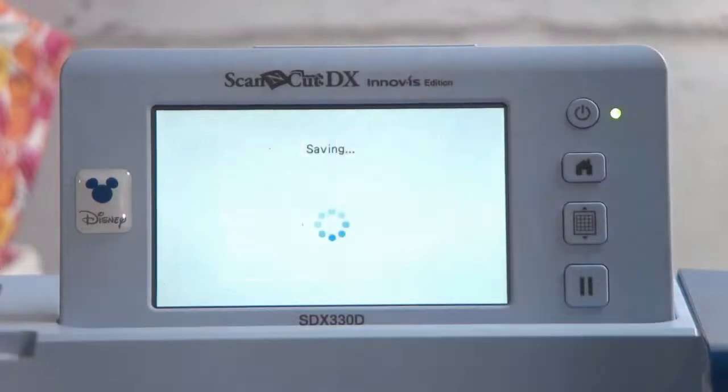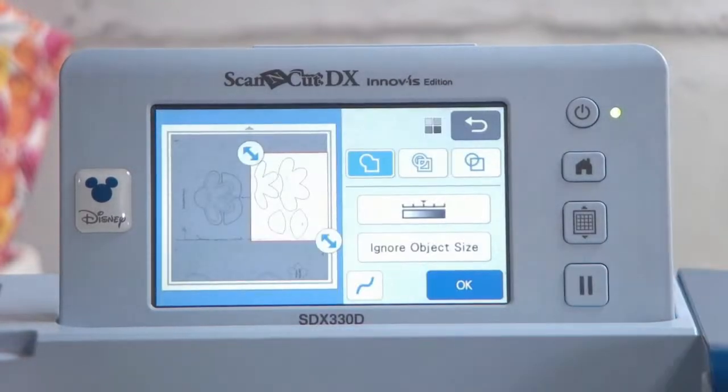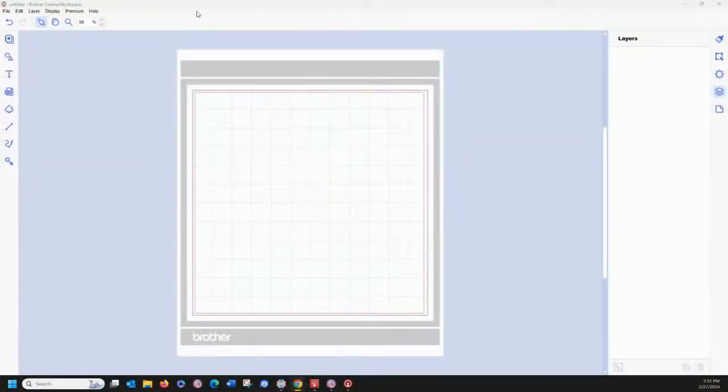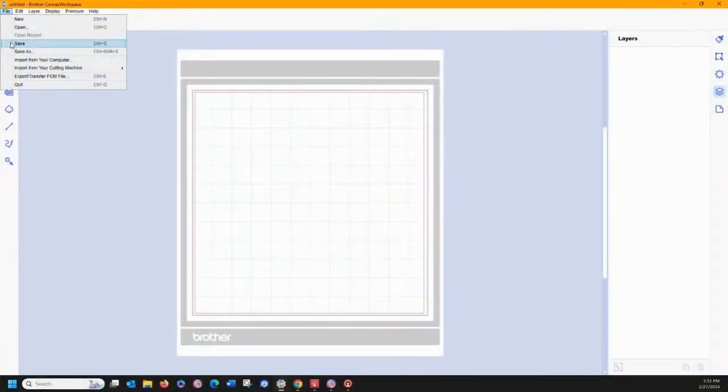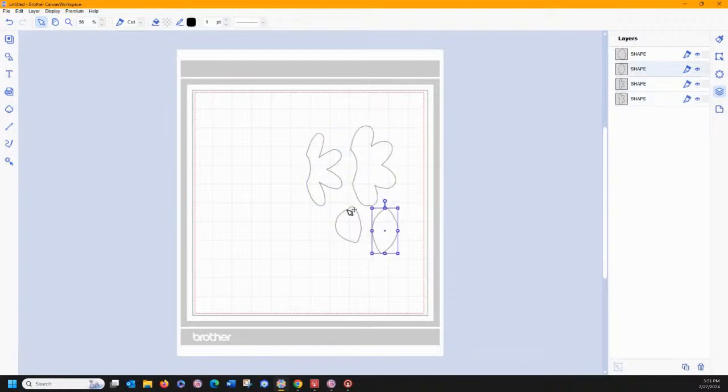Let's transfer it to CanvasWorkspace. Now I can work on it in a bigger size. I will not have my image behind it, but I can work on it in a bigger size. So let's come over here. And this time we'll go up to File, Import from my cutting machine, FCM file, because that's what I did. There's my file. Now, if I wanted to futz with it, I could, and all of my trash is out.